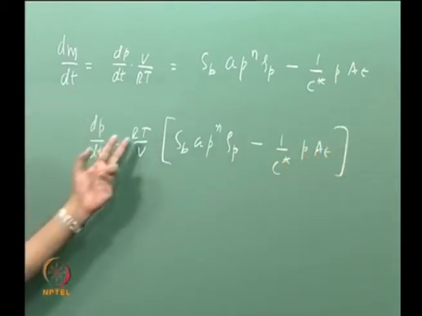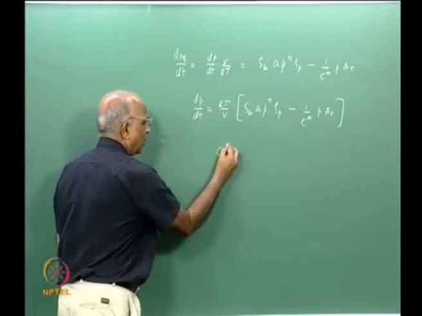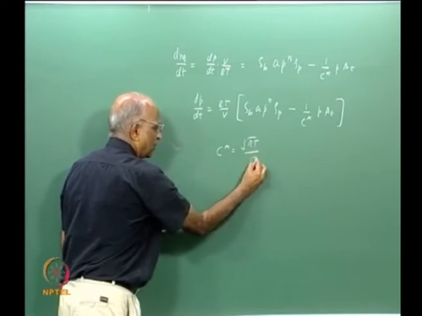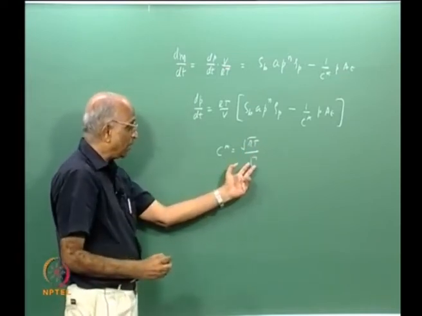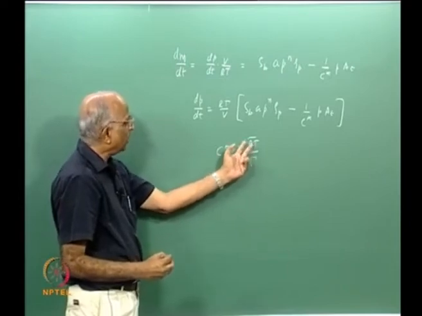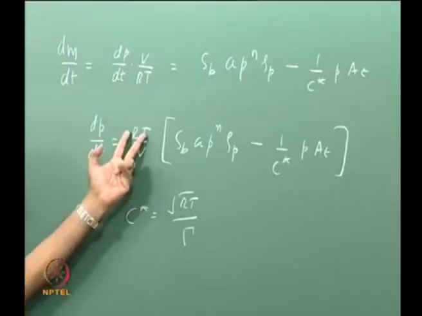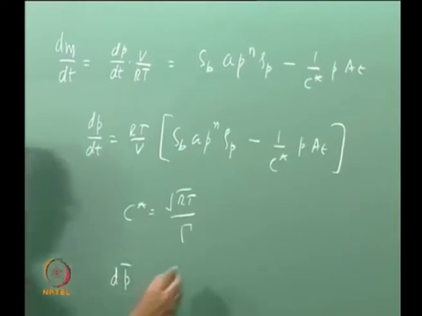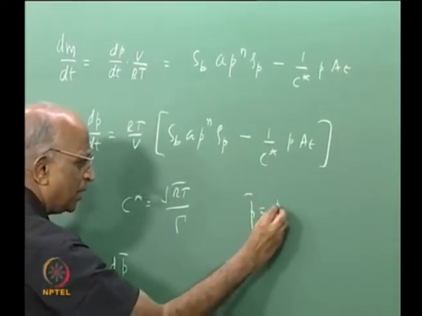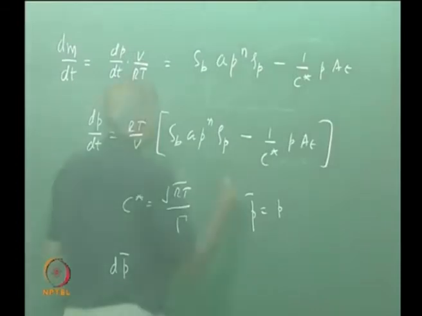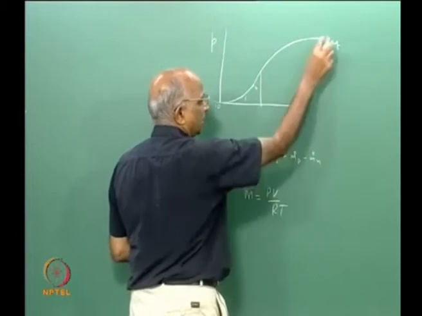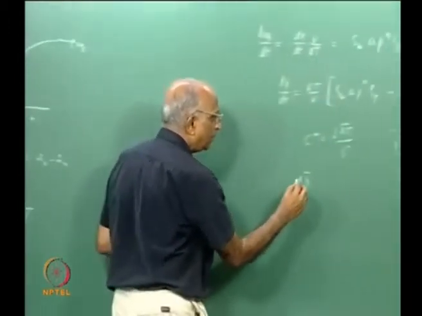And what did we do? We said C star was equal to the square root of RT by capital gamma, which was a function of the square root of small gamma into 2 over gamma plus 1. Therefore RT we were able to write in terms of gamma squared into C star squared, and this particular equation we were able to get in non-dimensionalized form. How did we get P bar? We said P bar is equal to the pressure at any point in time. Let us say the pressure here is P, the equilibrium pressure is the final steady state value, P by P equilibrium is P bar,